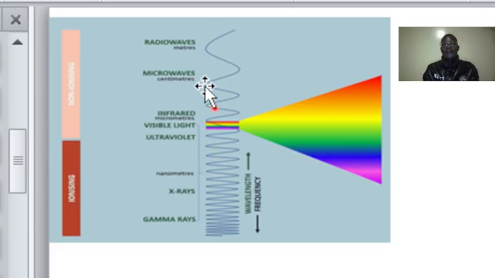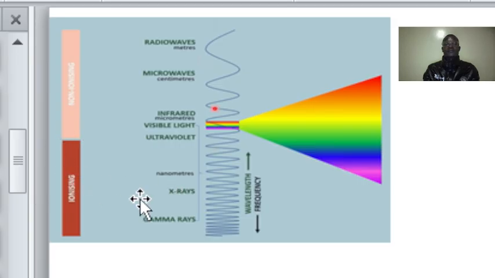The members that appear up here have longer wavelength. Because their wavelengths are longer, it means that the penetrating power is low, and this is contributed by the fact that they have low frequency. Now, the members of the electromagnetic spectrum, starting from the ultraviolet light, are non-ionizing radiations, whereas the members